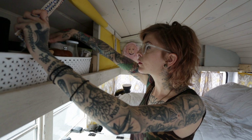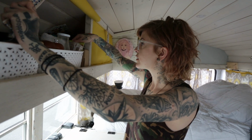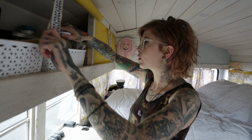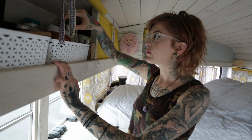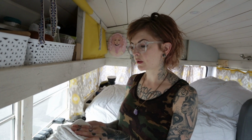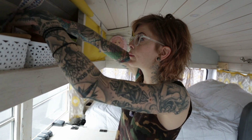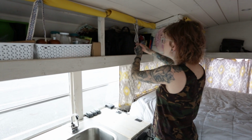These are like our herbs. We've got our coffee filters, different spices, more granola, and then just empty containers if we need them, as well as these muslin cloths, which are really good for cleaning up water and cleaning counters. You can wash them so you don't go through a million paper towels. Our art cabinet slash